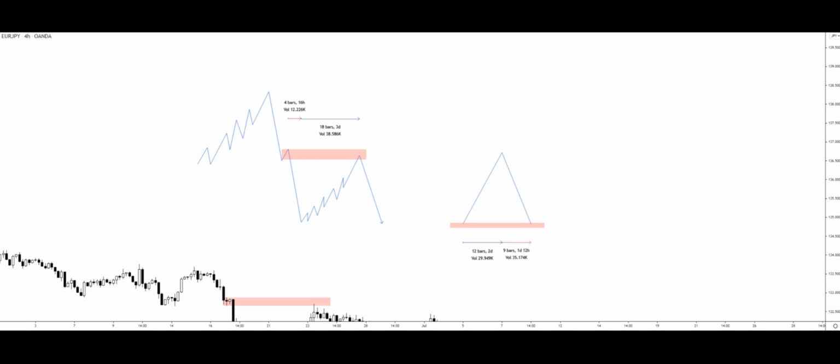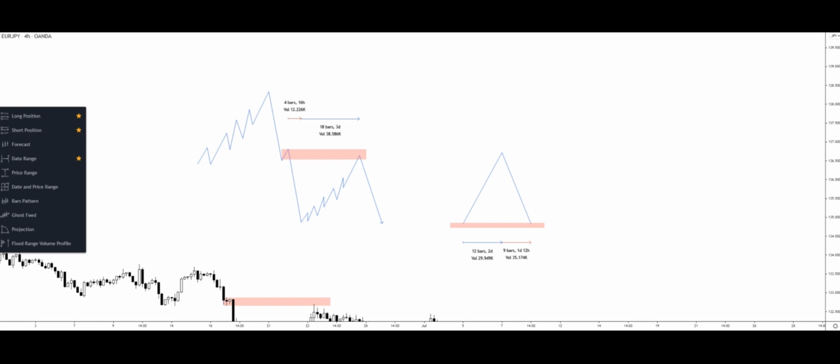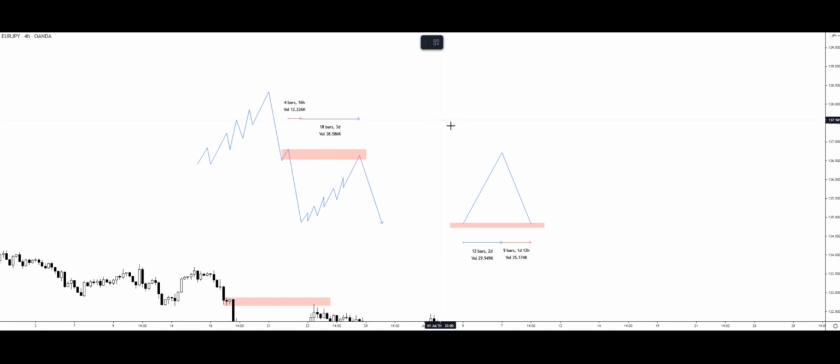So for example, when we come to measuring momentum, all that we do is we use this tool here. So if you come down here, you click on this one and then you look for the date range. I have mine in my favorites bar, and all that you're doing is you're measuring where the equal highs and lows are. So for example, in this case, as you can see, I've measured this low to this high